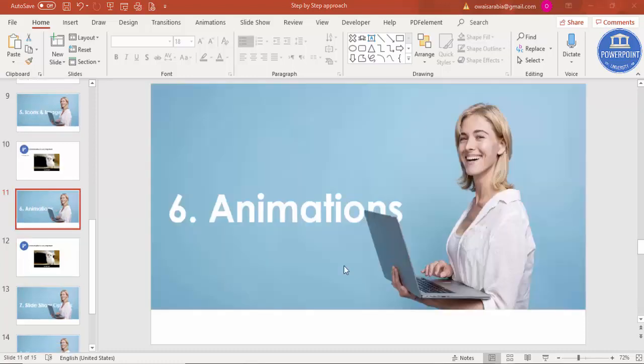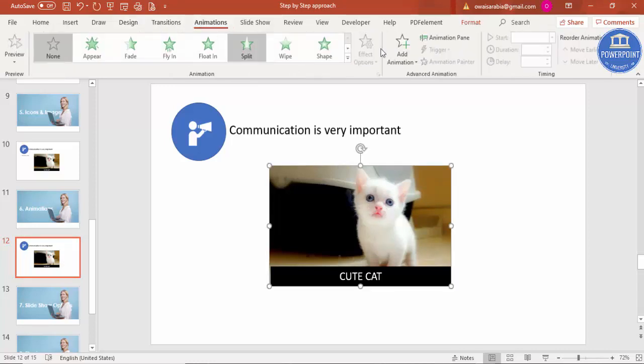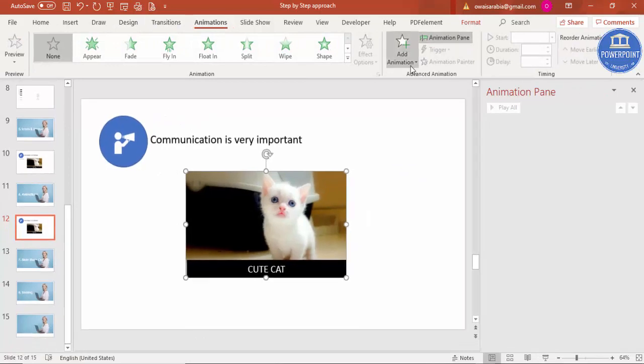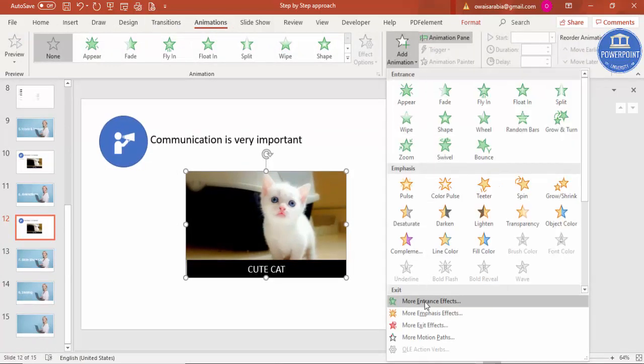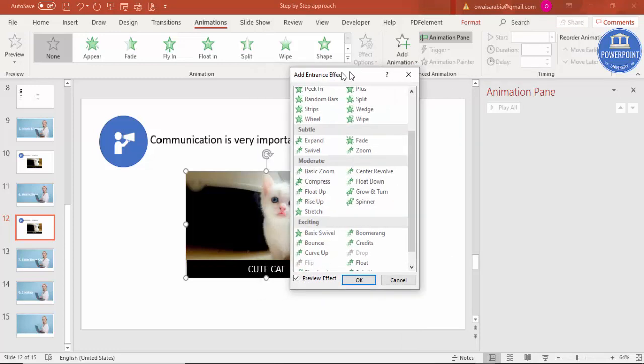The sixth important topic is animation. Again, you can make your presentations, or you can kill your presentation with animation effects. So again, using the right animation is very, very important in your presentation. For example, let's take the same slide. Now if I want to show this cat image, I can just select this one and go to the animation pane. I can just say simple add animation, more entrance effects, and I will just say, for example,